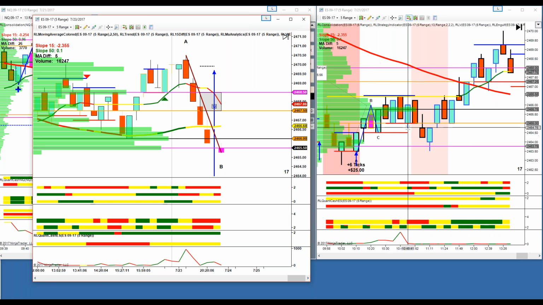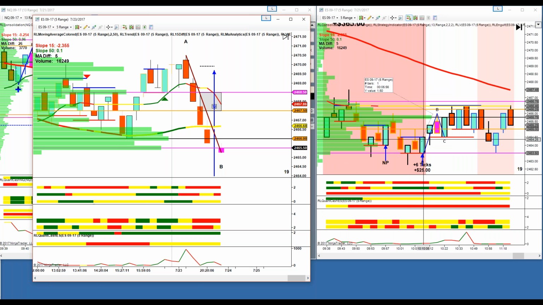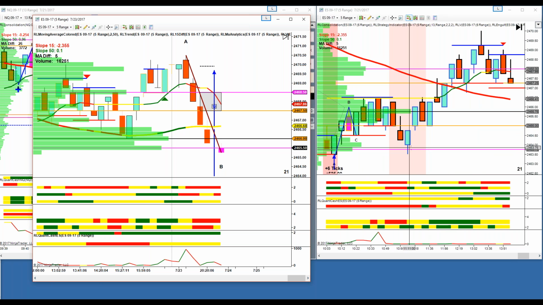Just a heads up, this happens to call a lot of trades. So we want to know the direction of order flow at all times so we can see it directly in the candle color